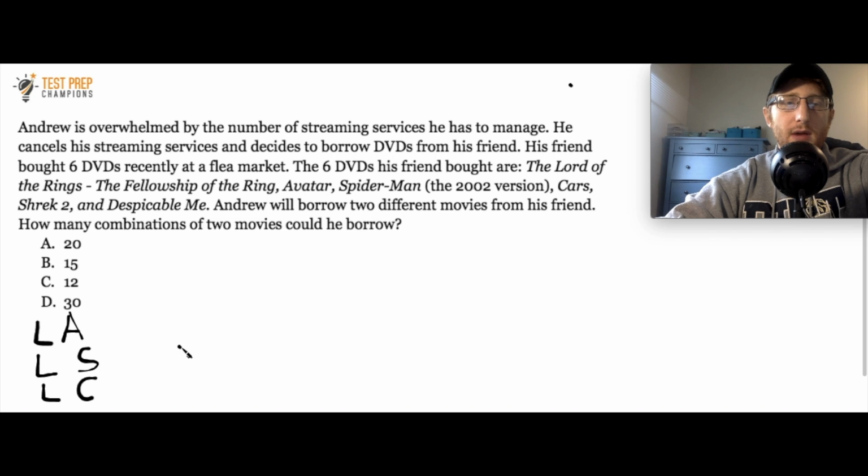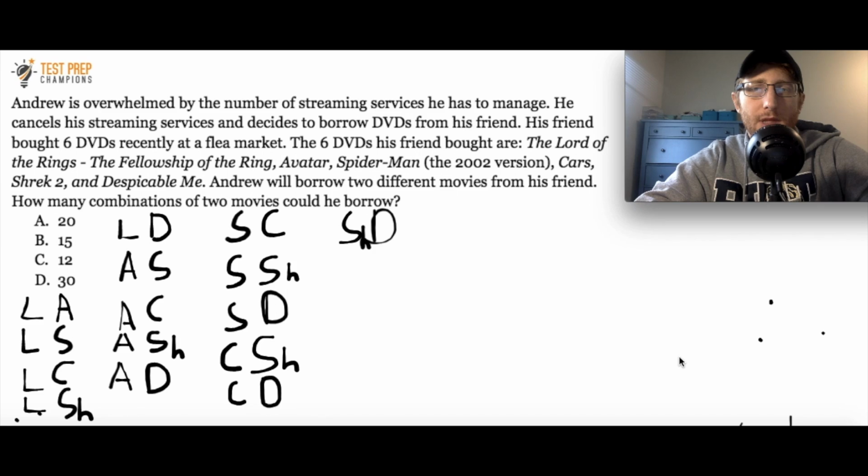If you want to work them out like this by hand, the one thing to keep in mind is that if you do the Lord of the Rings and Avatar, you wouldn't also list Avatar and Lord of the Rings. Same with L and S: if you already pair L and S together, you wouldn't also want to do S and L. So if you were going to continue doing it this way and write them out by hand, you would have something like this. Note that for Spider-Man I put S, and for Shrek I put S with a little H next to it, just so we don't get these confused. But basically, if you continued writing them out by hand, you would have something like this,